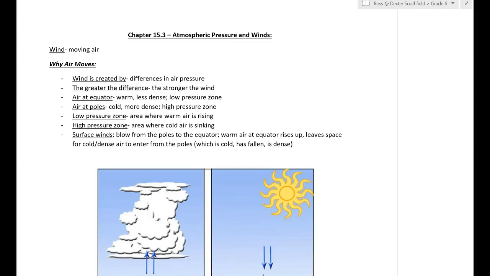So chapter 15.3 is all about atmospheric pressure and winds, kind of how the two are related. Chapter 15.3 goes over why we have winds, and that is both a question of climate as well as weather. From our class conversations, let's remember that climate is the average temperature and weather that a place experiences over a